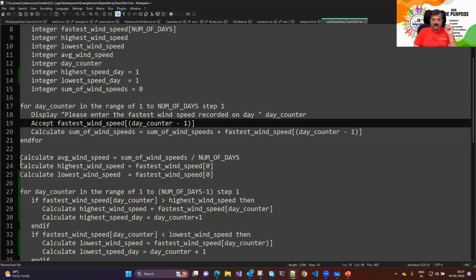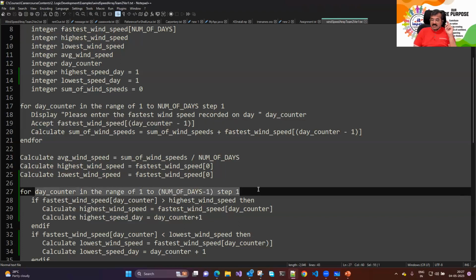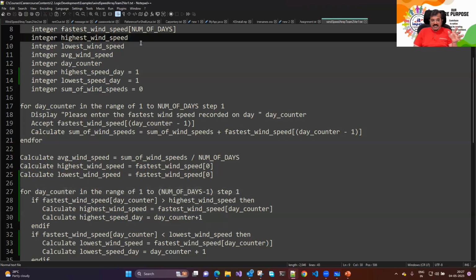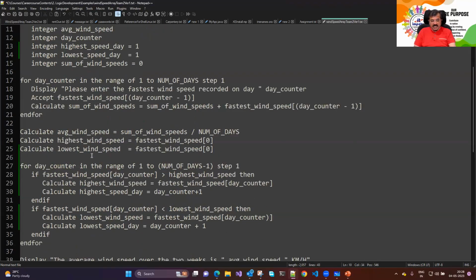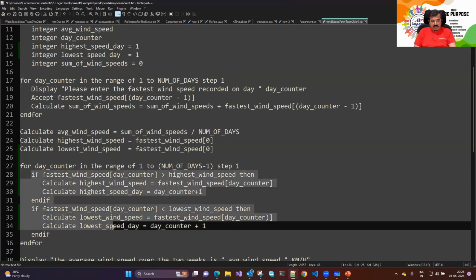It's better that you introduce a loop over it. Okay. और other thing Sir that you said, if we make a right assumption कि speed कभी negative में होता नहीं है, तो highest and lowest दोनों minus ले लें हम लोग, then we could have kept it over. अगर ये assumption सही है, minus में अगर wind speed नहीं आता है, so in that case we could have taken both as -1 because that's an illegal value. So if I take both these as -1, then we can actually put this entire code